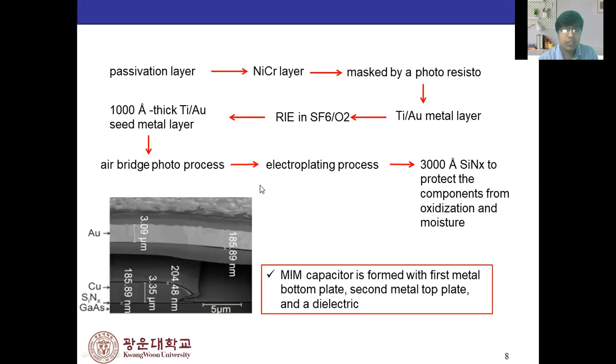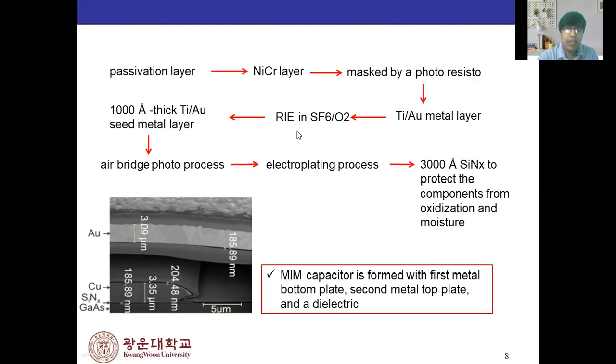And I just summarized the whole process by the arrows. The first layer is the preservation layer, and after that, this is also done by PECVD, the plasma enhanced chemical vapor deposition, and this is also by the electron beam. After that there is marking by photoresist, and after that the titanium or aluminum metal layer is produced, and after that RIE, reactive ion etching, is provided with